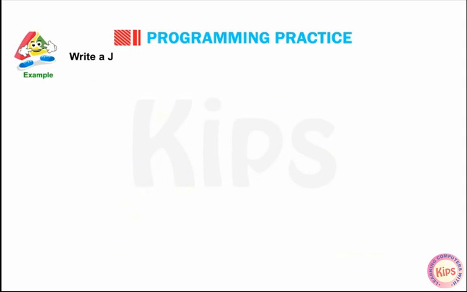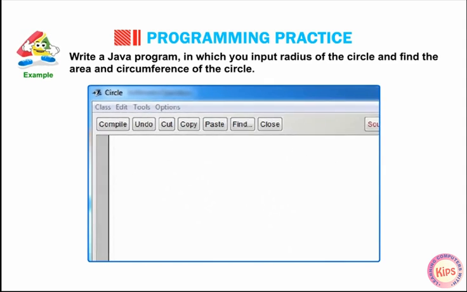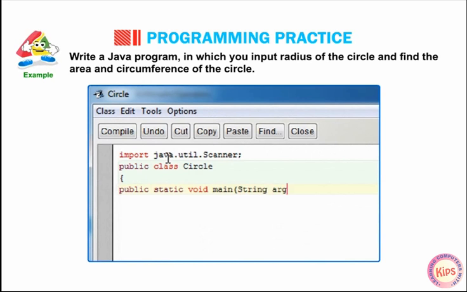Example. Write a Java program in which you input the radius of the circle and find the area and circumference of the circle. import java.util.Scanner; public class Circle { public static void main(String[] args) { Scanner sc = new Scanner(System.in);